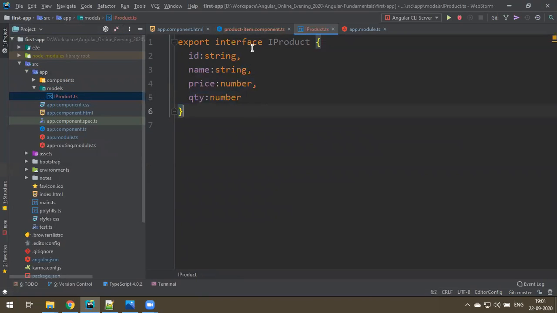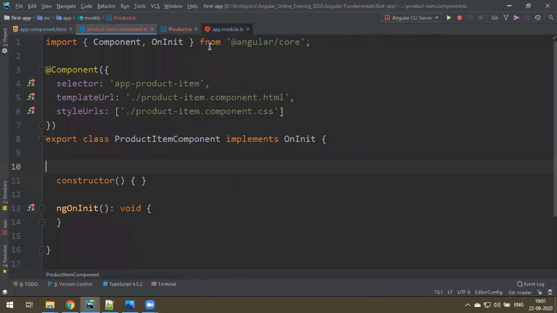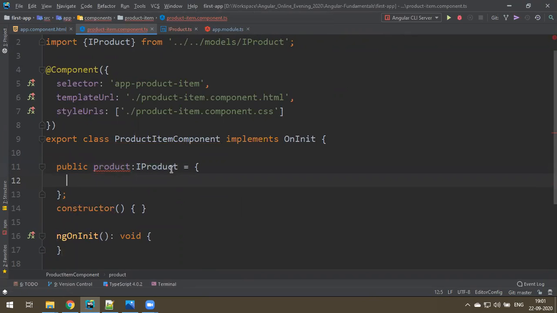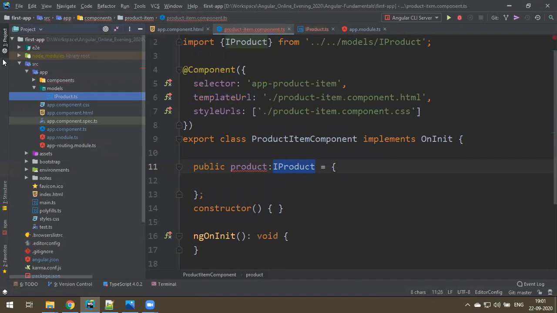Okay, I declare interface. Now in my product item, I need to define the whole object. So public product of type iProduct is equal to an object. Okay, I declare the type. Earlier we have just string, number. Now I have a separate type. You can make a type like this, create a models folder.